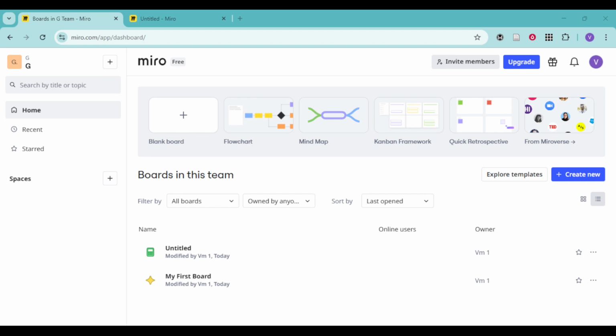Start by opening the Miro board where you want to work. Give the board a second to load so all your objects are visible and responsive. If your board is large, it can help to zoom into the area you're focusing on so you don't accidentally